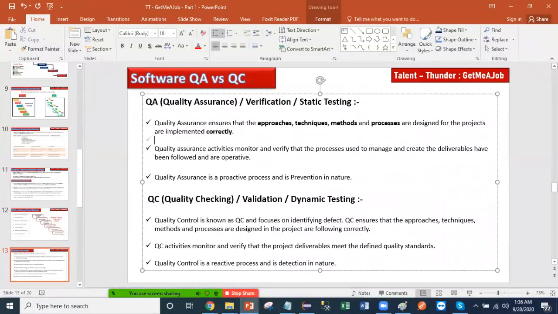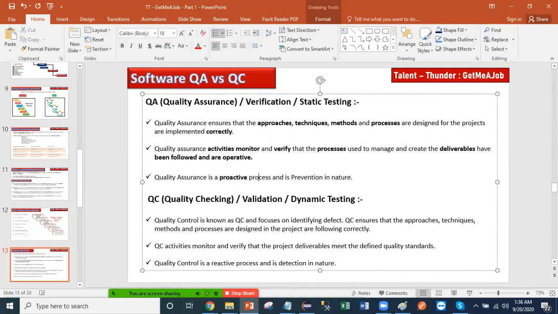That is called quality assurance. Quality assurance is the activity to monitor and verify that the process used to manage and create the deliverable has followed the right operation, the correct rules and regulations, correct protocol to create any documentation, right? It's a proactive process.